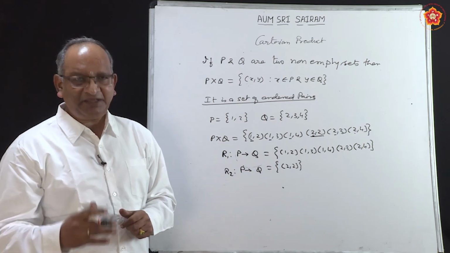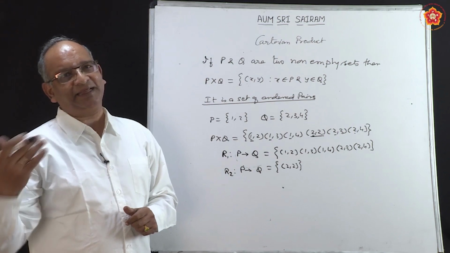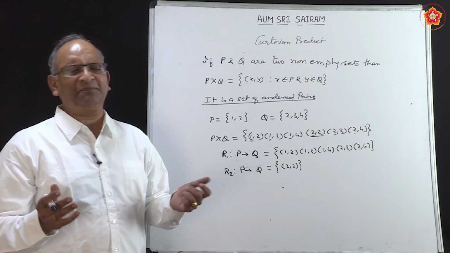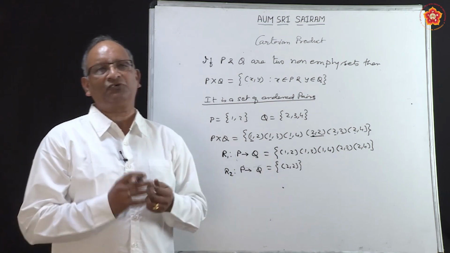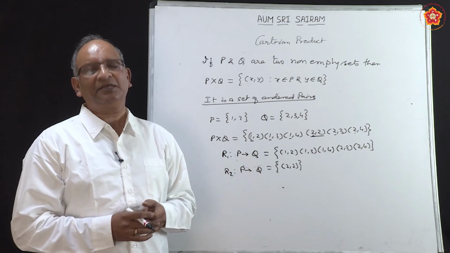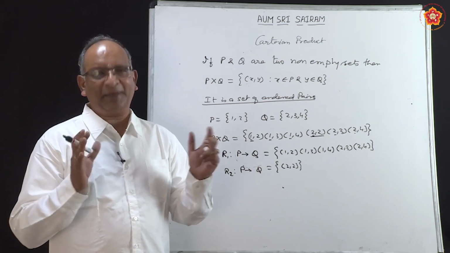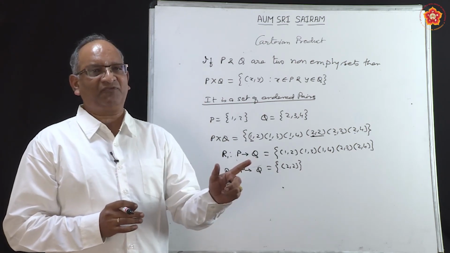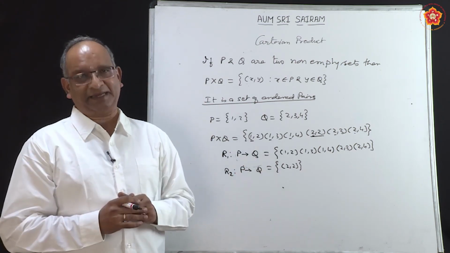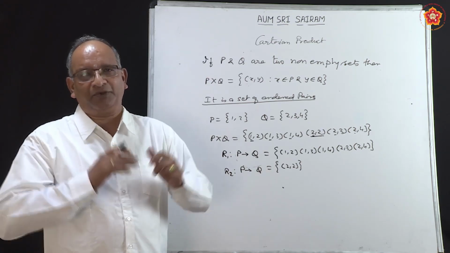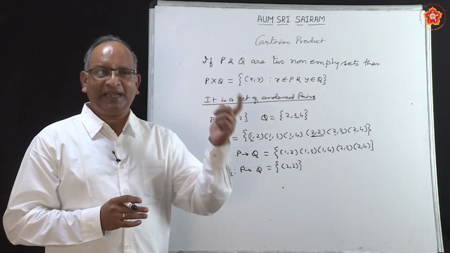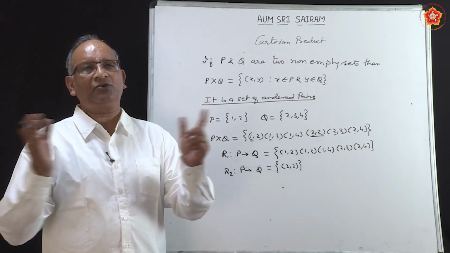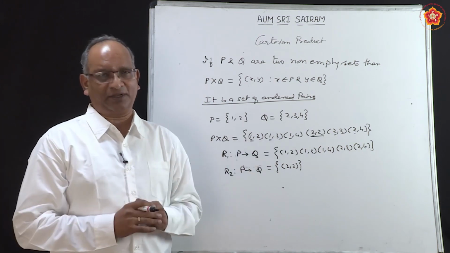Okay. We will study in detail about relation in the next session. Right now, we will confine ourselves to Cartesian product. A very, very simple thing. It is something like multiplication of two sets. How do you multiply two sets? You collect all possible ordered pairs. Ordered pair basically means in every pair the first element is from the first set, second element is from the second set. And remember, all elements you have to write, you cannot leave anything. Suppose there are m elements in set A, n elements in set B, then there are going to be m into n elements in the Cartesian product.